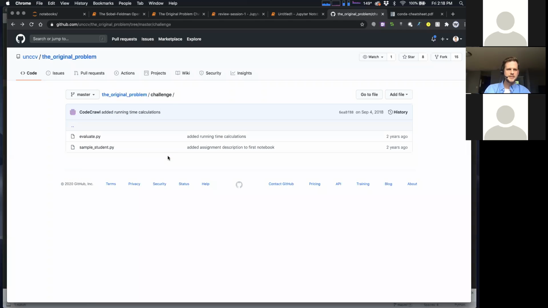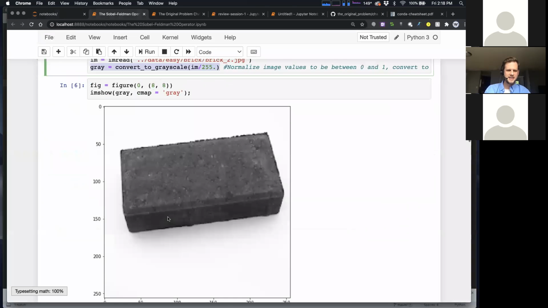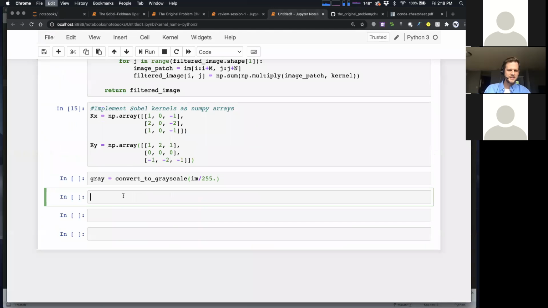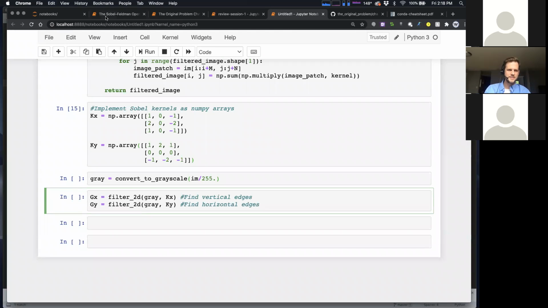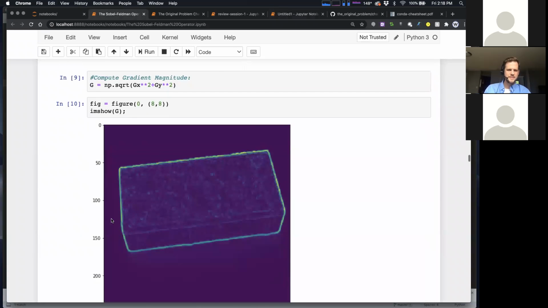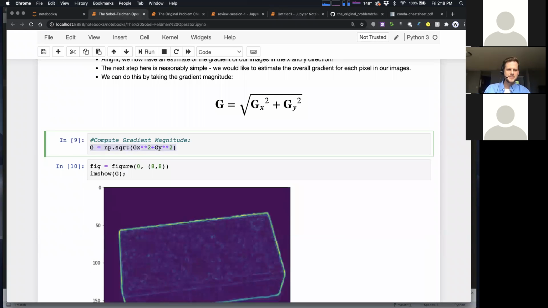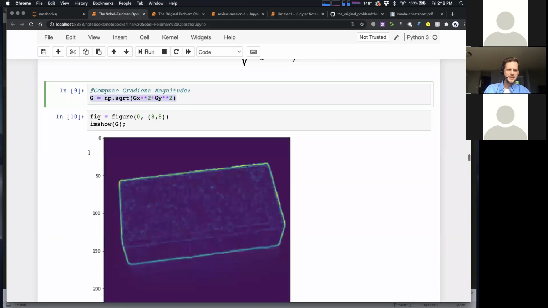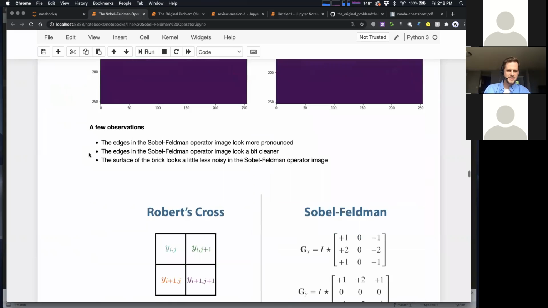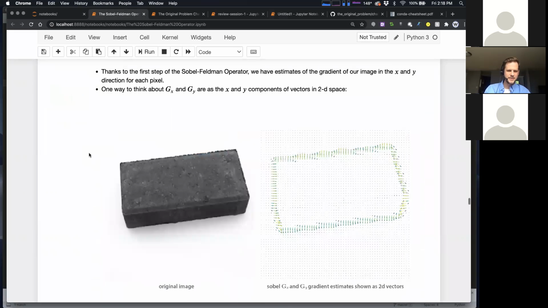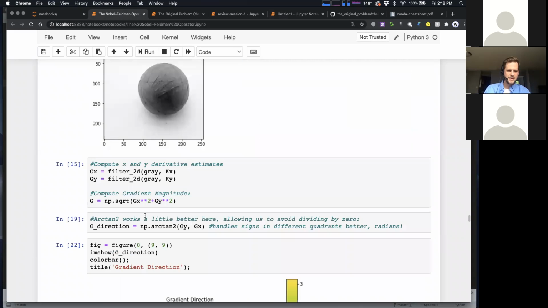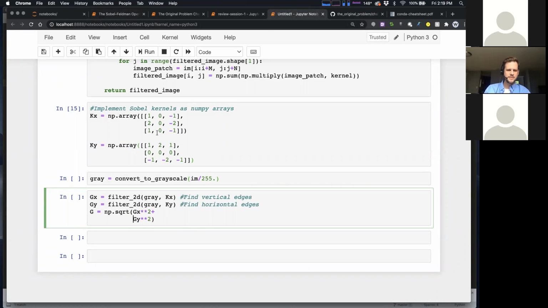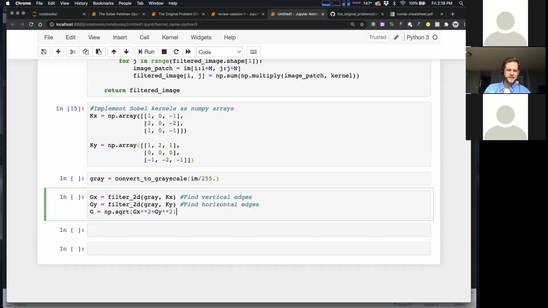So let me go back to the Sobel notebook. So I copied that. What else do I want to steal? I'm going to steal this from the Sobel notebook. This lets us compute the X and the Y images, the X and the Y edge images. And what else do I want to steal? I want to steal the magnitude for sure. You could put this all in one nice function. That could be helpful. And then what else do I want to grab from my lecture? Let's see. I think I want to get the angle stuff, right? So let me grab this. Yeah, G direction. Cool. Okay. And I think I have almost everything I need to get us thinking here.